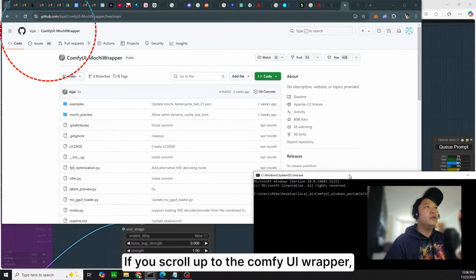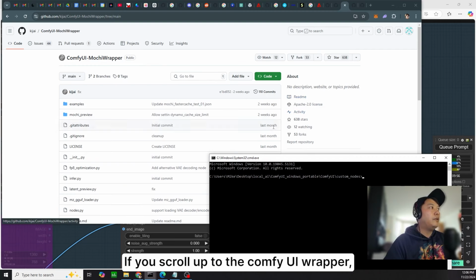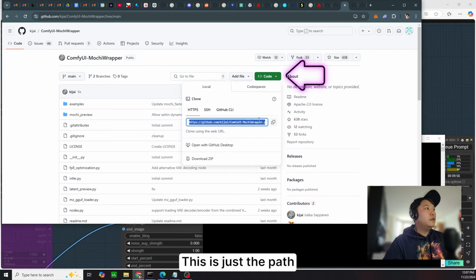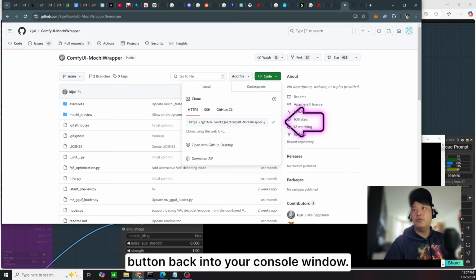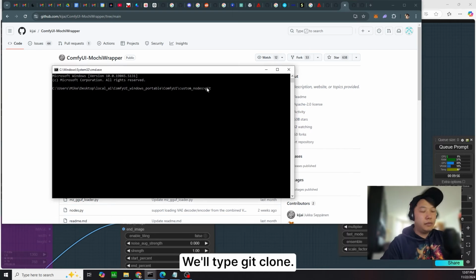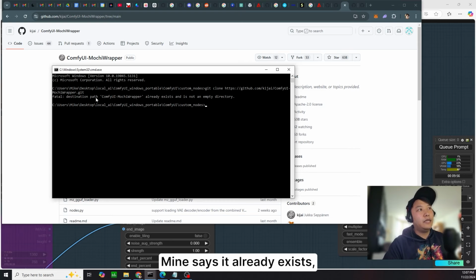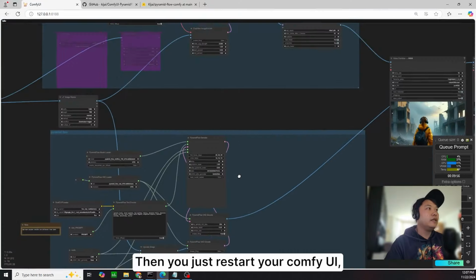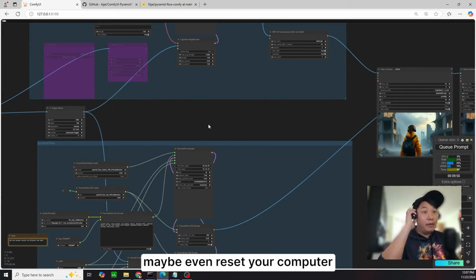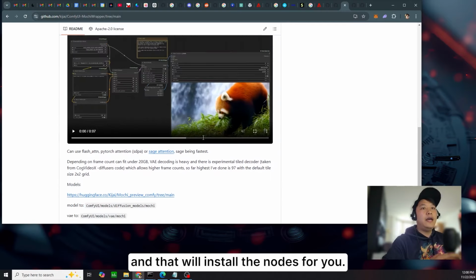So if you scroll up to the ComfyUI wrapper, go down to code. This is just the path that leads to this page. We'll hit this copy to clipboard button. Back in your console window, we'll type git clone, paste this URL and hit enter. Mine says it already exists, but if you don't have this yet, it will install it for you. Then you just restart your ComfyUI, maybe even reset your computer just in case,